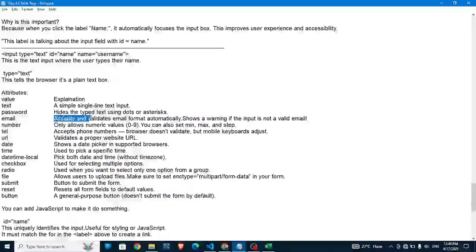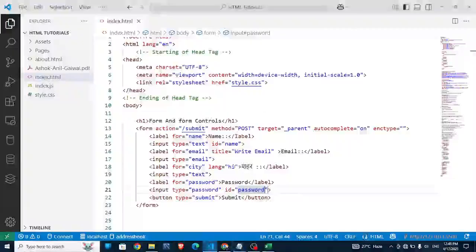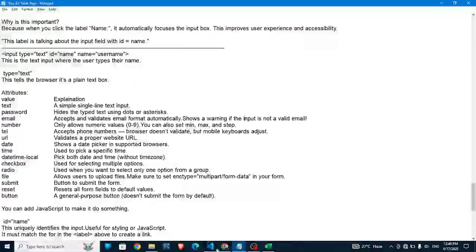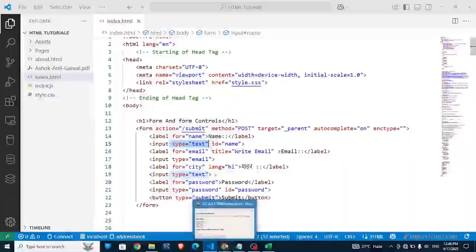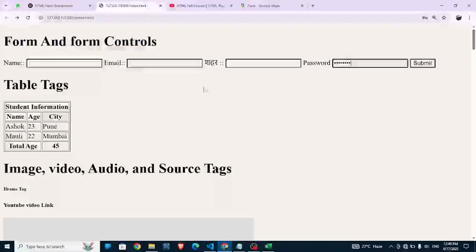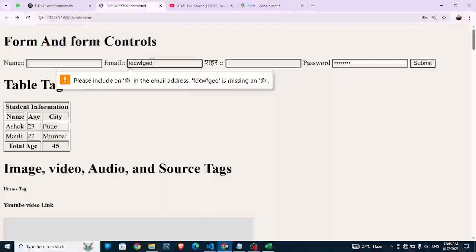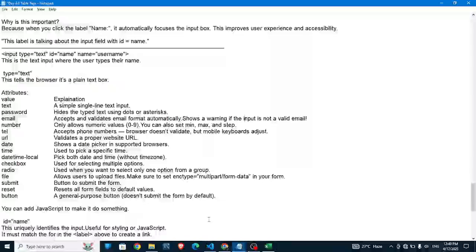ईमेल accepts and validates email format automatically। ईमेल जब भी यूजर यहाँ पर टाइप में ईमेल लिख देता है, टाइप वैल्यू इक्वल टू ईमेल, वो ईमेल डिटेक्ट कर देता है। यदि कोई यूजर यहाँ पर कुछ भी टाइप कर देता है और सबमिट करने का प्रेस कर देता है, तब ये सबमिट नहीं होता है। ये वार्निंग देता है, प्लीज इंक्लूड @ इन द ईमेल एड्रेस। ओके, इसके ईमेल का टाइप इक्वल टू ईमेल लिख देना है, इनपुट ईमेल लेना हो तो।